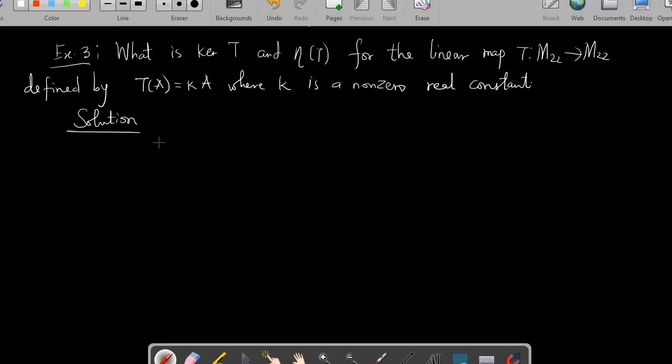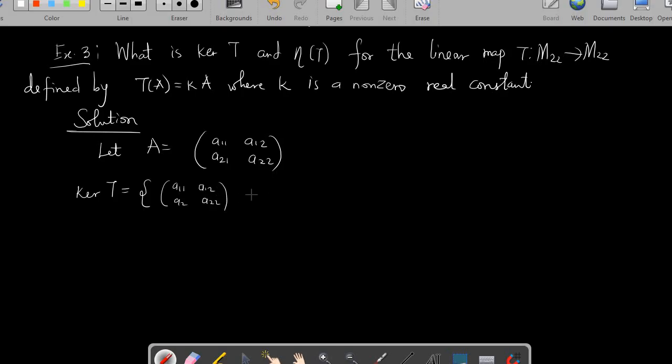So you would want to first assume a value for A. Since it's a 2 by 2 matrix, you can say A is A11, A12, A21, A22. You know the drill, right? So you want to find the kernel. What do you define kernel as in this case? See what you are mapping from, M22 to M22. So you can say that your kernel will be the particular matrix A11, A12, A21, A22, which is an element of M22, such that